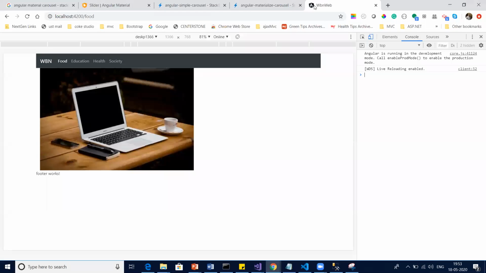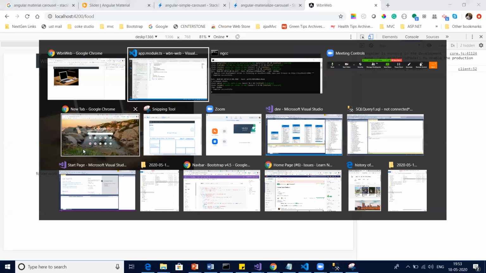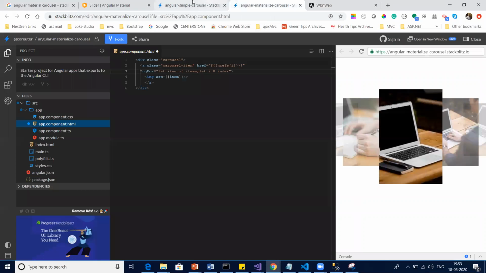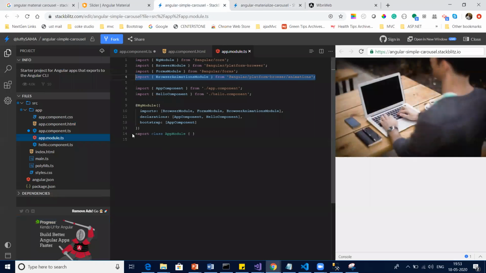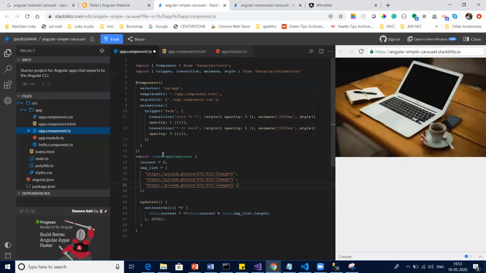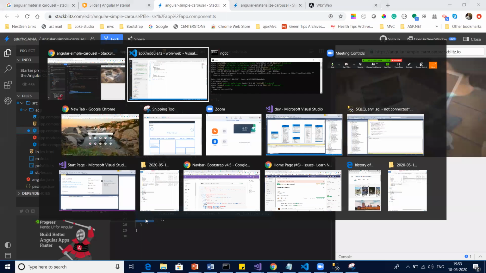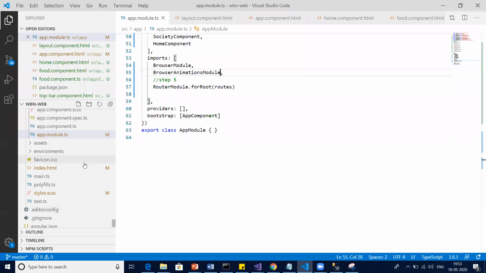See now, at least you can see images coming, but it's not moving. Why is this not happening? Because we have not set the image styles properly. One thing I see missing is that after every 2 seconds things should move to the next slide. That code they have done, setInterval.